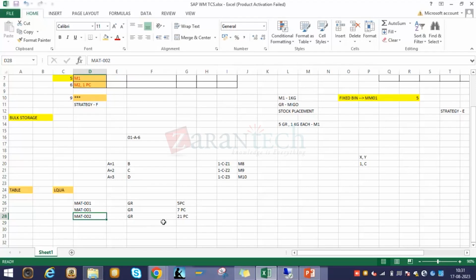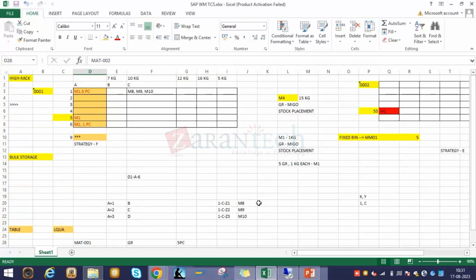So if I'm doing the placement as addition to existing stock, what will happen? Where is it going to add? Anyone? Just try. In the sixth cell, because there we have M2. Yes, the answer is correct. But let me know why it is not adding at 1. Here we also have the stock, right? And we are saying addition to existing stock. There's stock of a different material. Exactly. So the answer is correct, and the reason is also correct. So it is going to add at number 6. Yeah, I have a question. But how does the system